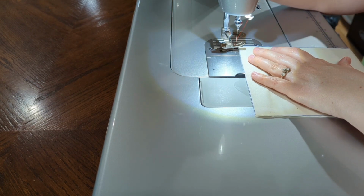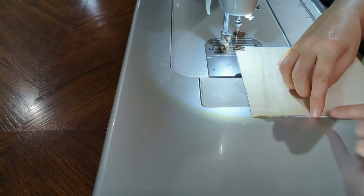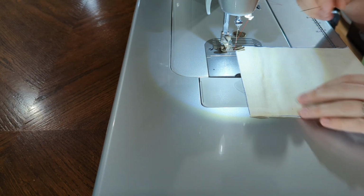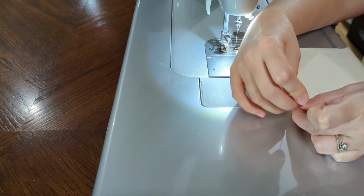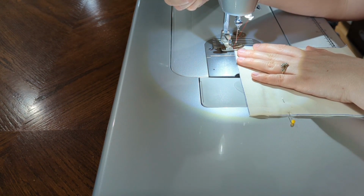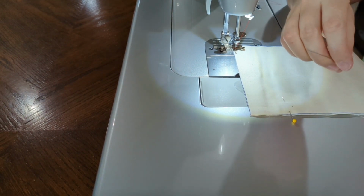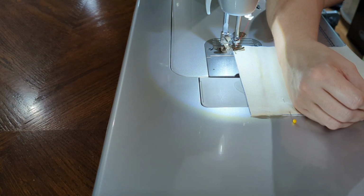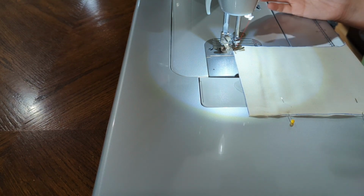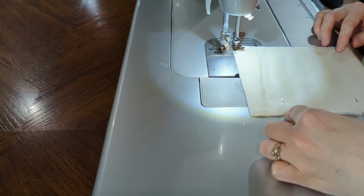Now the next thing I'm going to do is I'm going to go ahead and stitch my lining fabric. Now I'm going to start at about 1/4 inch. I'm going to start over here. I'm going to leave a space about like this open, and since I no longer need those pins where they were, because I have this attached to my sewing machine, I'm going to leave an opening two and a half, 3 inches, and I'm going to stitch this until I get to here, and then I'm going to come back and stitch it up here,